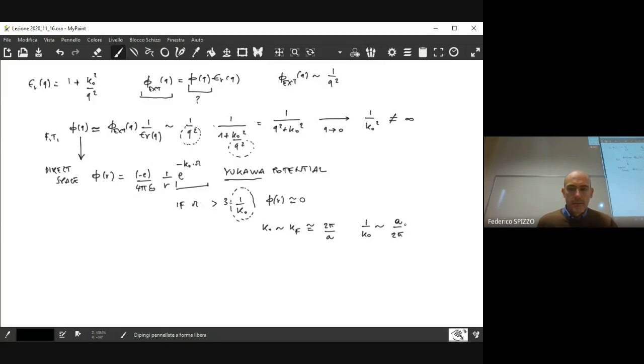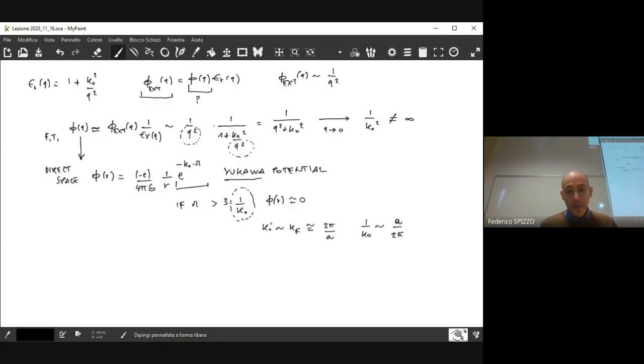So 1 divided by k0 is a length that is of the order of the lattice spacing, more or less. So if 3 times a length of the order of the lattice spacing is enough to completely depress the contribution of the interaction potential, this means that the